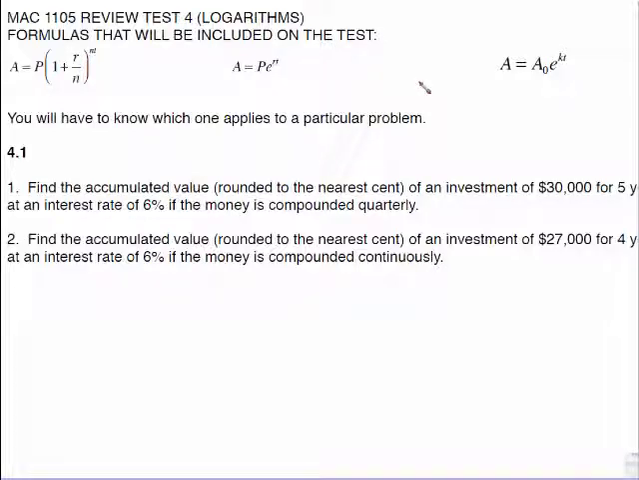This is the first part of test 4 review, which is all about logarithms. Right up here, you have 3 formulas that will be given to you on a test, but you have to know which formula applies to a particular problem. So number 1,